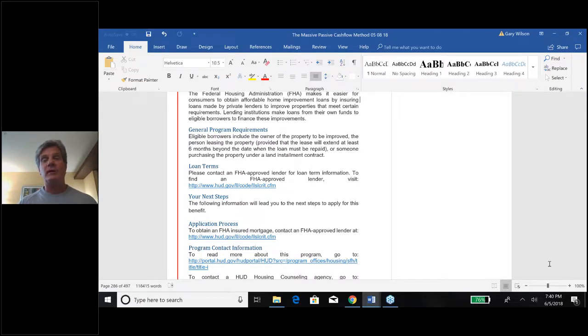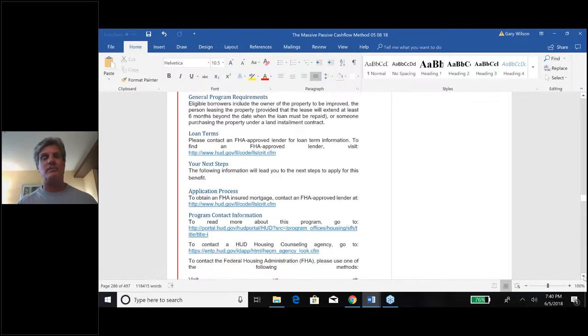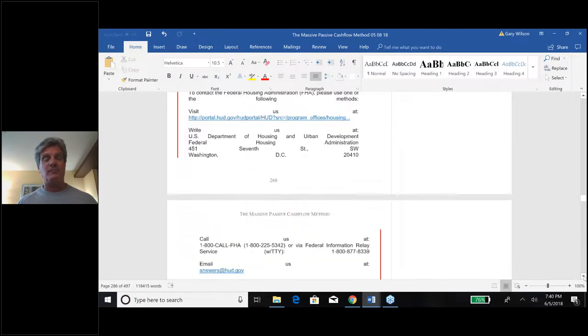You can actually make more money on ADA compliant rentals than you can on non-compliant rentals. In other words, there were times that they would pay you up to 3 times normal prevailing rents, okay? Up to 3 times prevailing rents to have your unit be made eligible for disabled consumers. So they would do the modifications for you and pay you 3 times the prevailing rents. How about that? I don't know if that still exists right now, but I'm going to show you how to find all this stuff out. I'm just giving you the basics right here tonight.